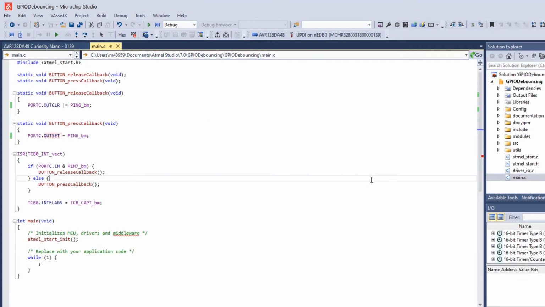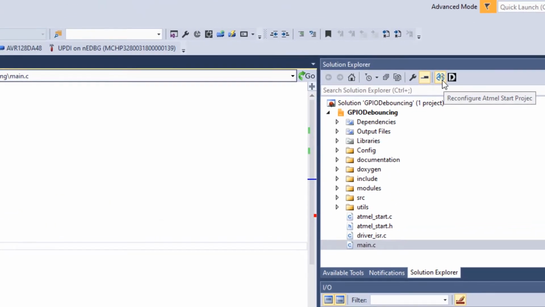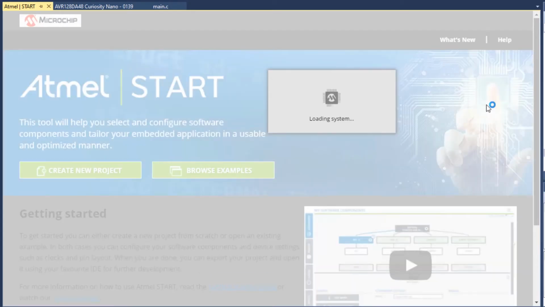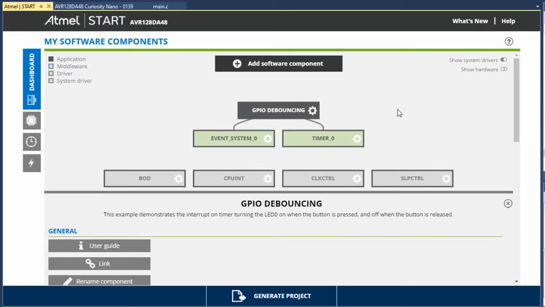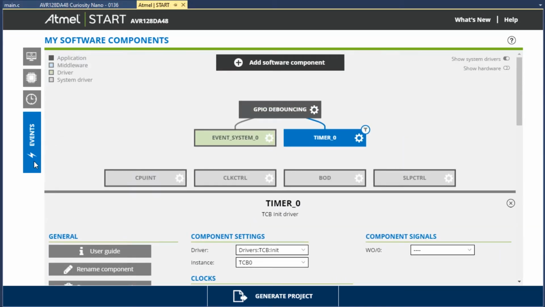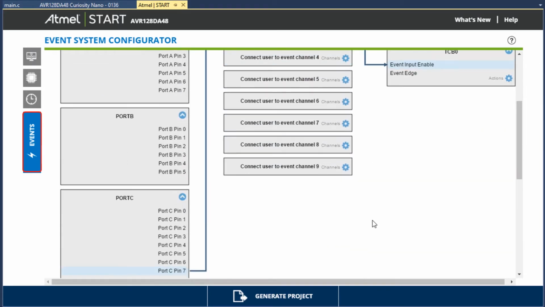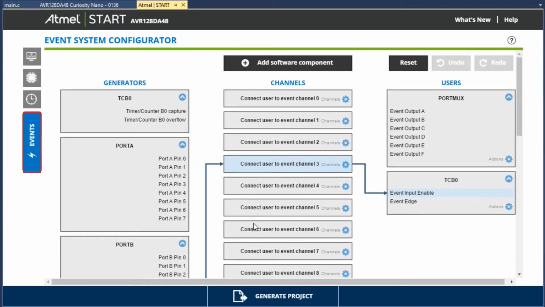The next thing we might want to do is to change the Start configuration. So we click on Reconfigure Atmel Start Project. Here we can see how this project is set up. Specifically, we'll have a look at the timer and the event system. Here on the Events tab, you can see that this pin change on port C7 triggers that event connecting to